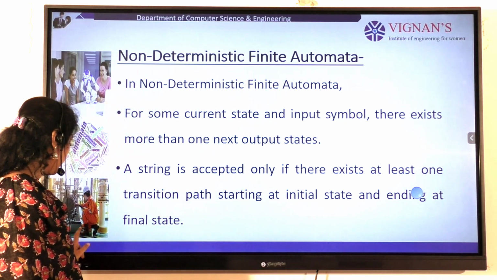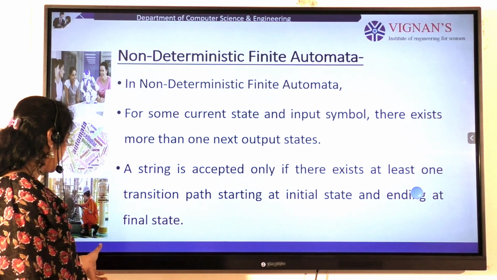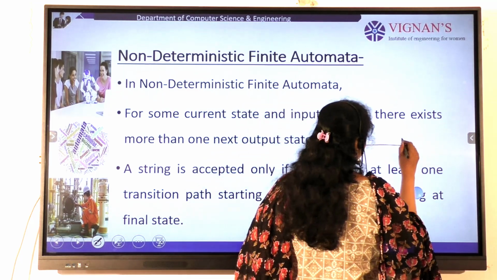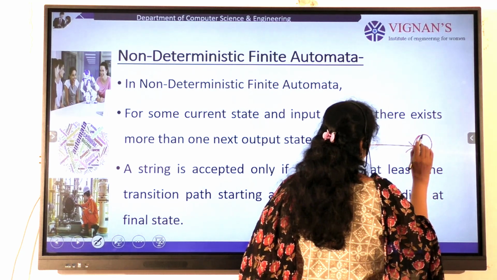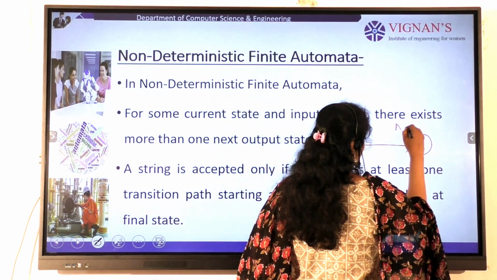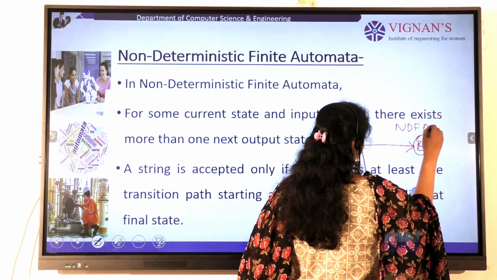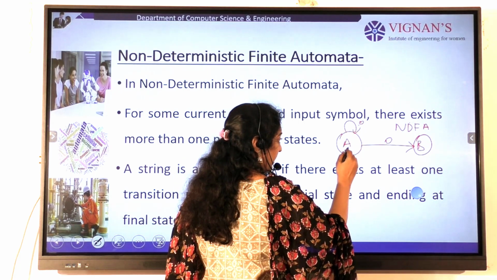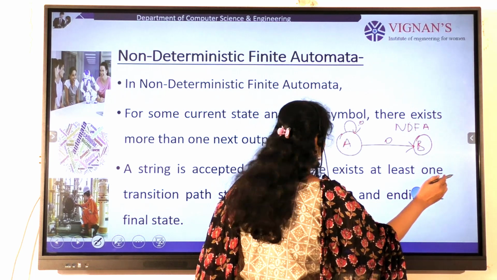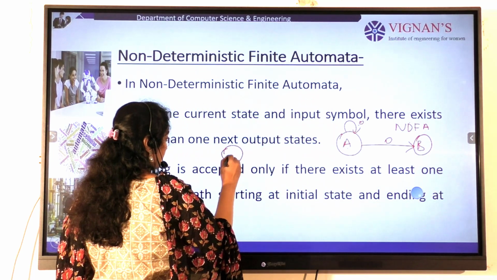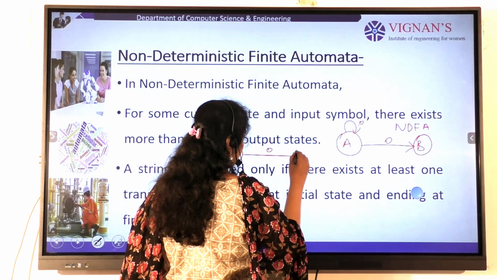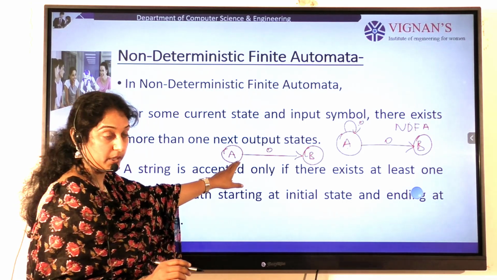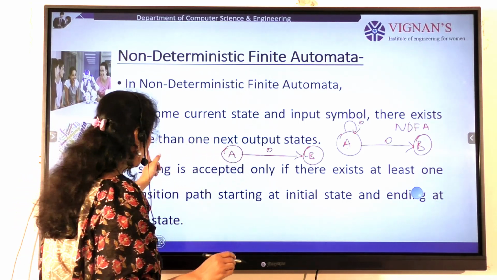Now we will see the tuples which are present in non-deterministic finite automata. A state, by reading an input symbol 0, reaches more than one state, where there is no exactness. This is what we call non-deterministic finite automata. Here the state A, by reading input symbol 0, is reaching state A as well as state B, where there is no exactness. Whereas in deterministic finite automata, a state, by reading an input symbol 0, moves to exactly one state. That is deterministic finite automata, where there is an exactness. And coming to the tuples